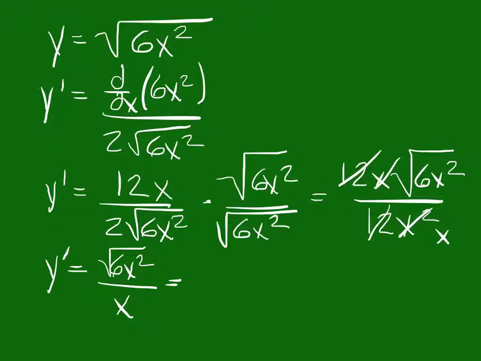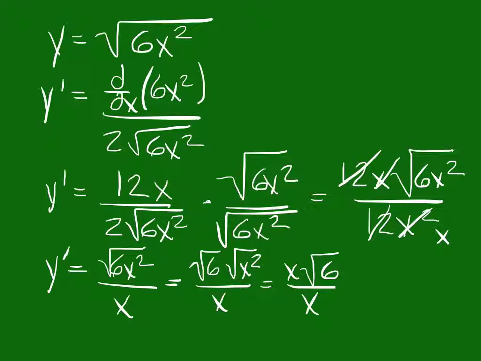Notice that we have x squared underneath the radical sign. So you have square root of 6 times the square root of x squared, and that is x square root of 6 over x, which can be simplified all the way down to